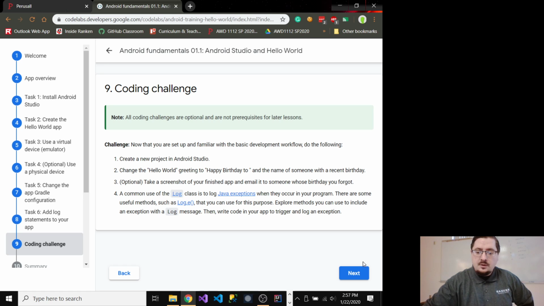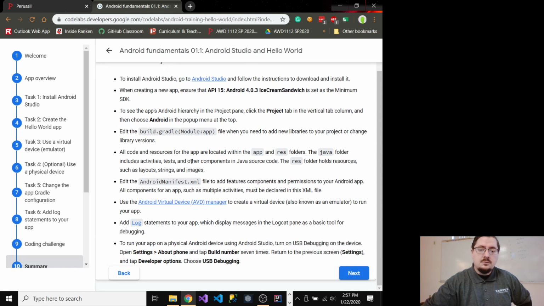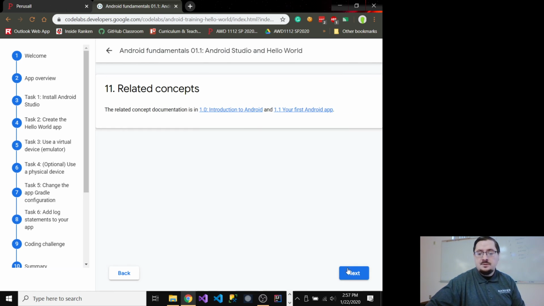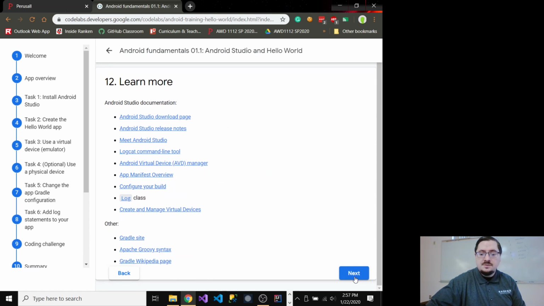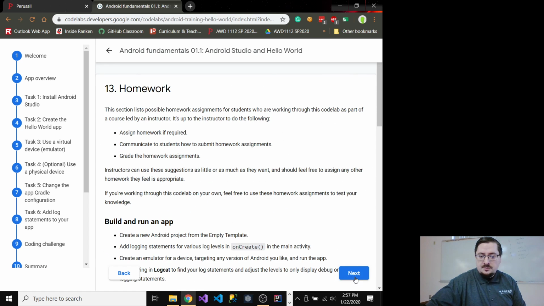So to summarize what we've seen so far, we looked at a few of the different files that go into Android apps. We looked at how to do logging. We also looked at how to get your emulators running and how to get apps running on both your emulators and your physical device. So now, as far as the next part goes,